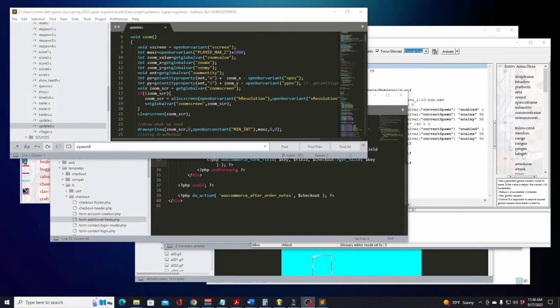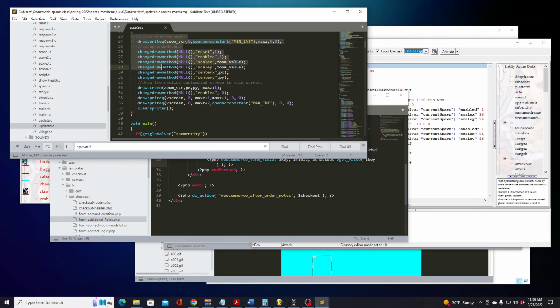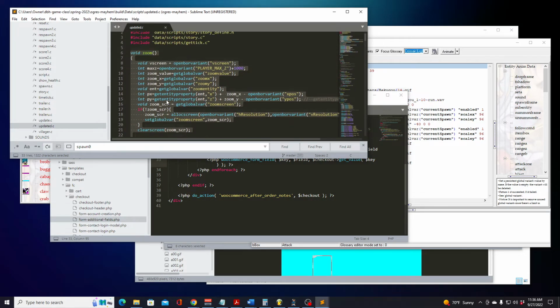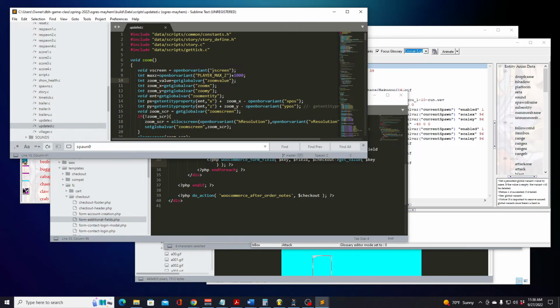And one more note that I wanted to share. I know you saw the zoom model and all the things that were being declared in it. I just wanted to show you that there's an additional function that gets run in the update function. So as you can see, you should see some actual names here that seem very familiar. You got the zoom value, then you have zoom X, zoom Y, zoom entity, and then you have the entity property of that entity,